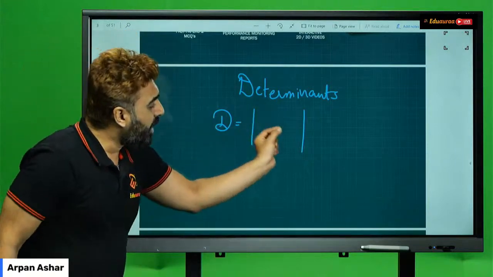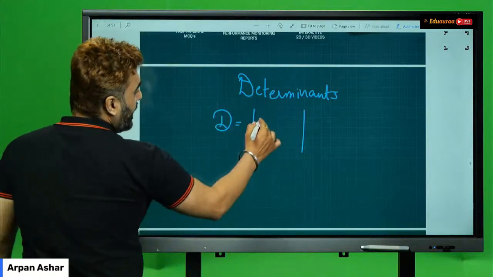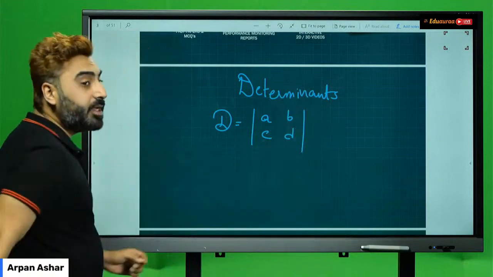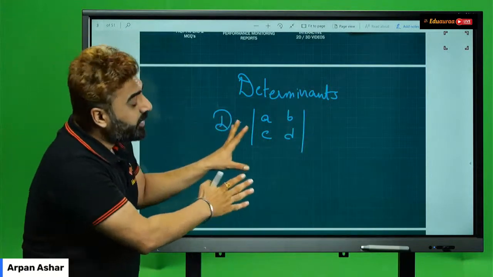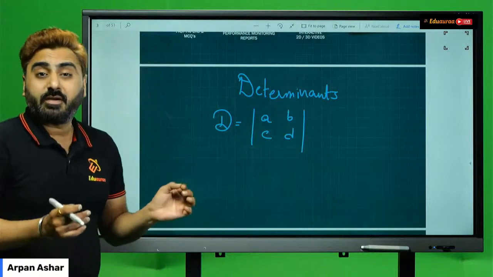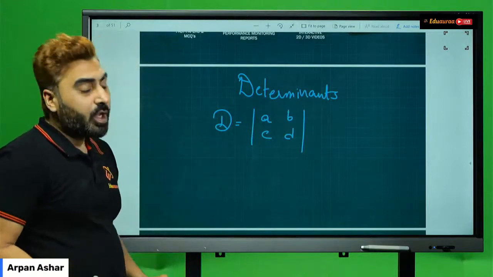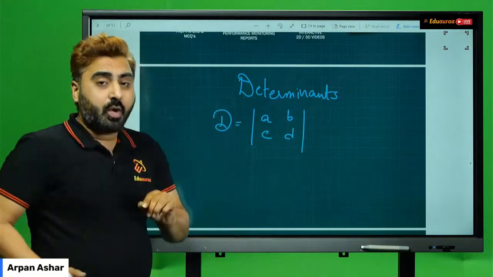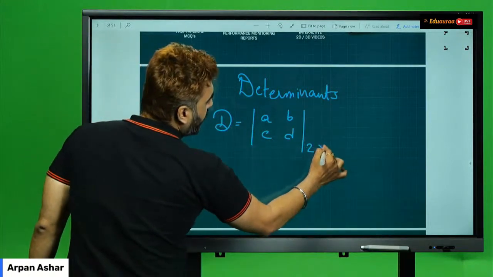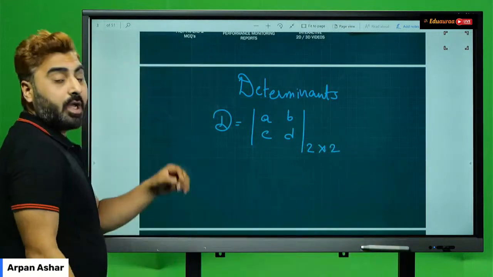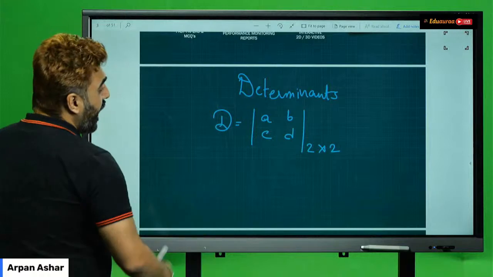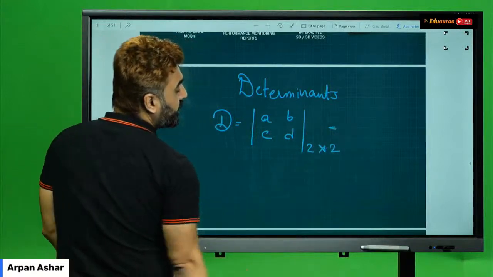So यहाँ पे जब हम element डालते हैं, let's say A, B, C and D. So this is how we represent a determinant. And as I said earlier, determinant has a value. So what is that value? So the value of this determinant, whose order क्या होगा यहाँ पे? 2 by 2. Because there are 2 rows and 2 columns, and the value of this determinant is nothing